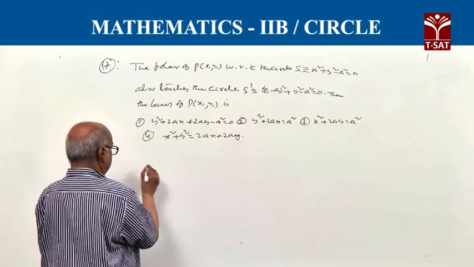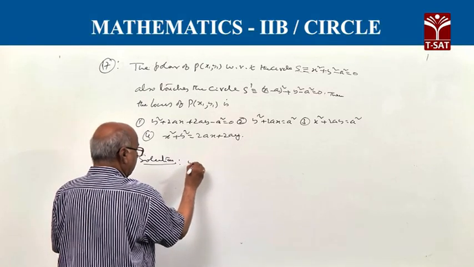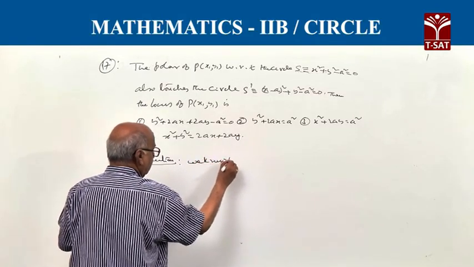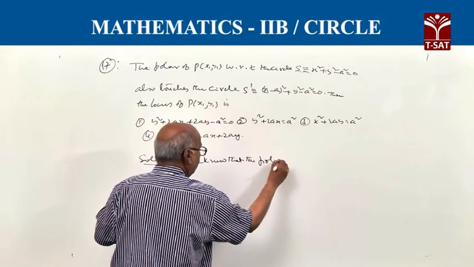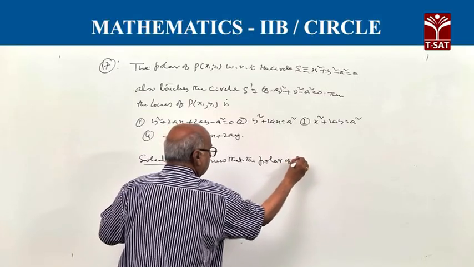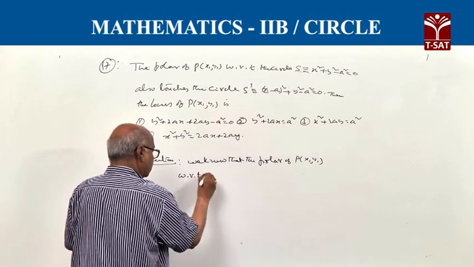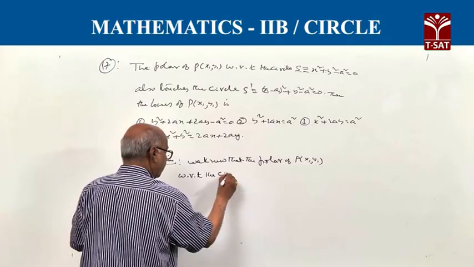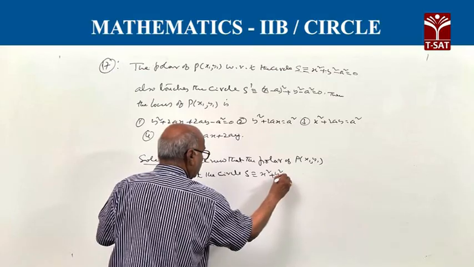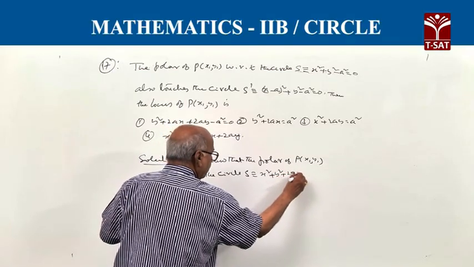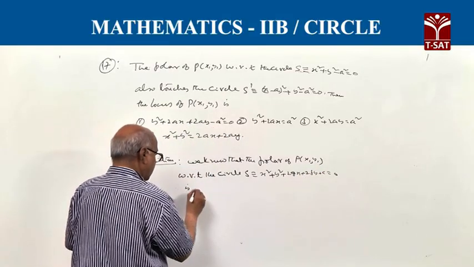See, solution. We know that the polar of P(x1, y1) with respect to the circle S = x² + y² + 2gx + 2fy + c = 0 is S1